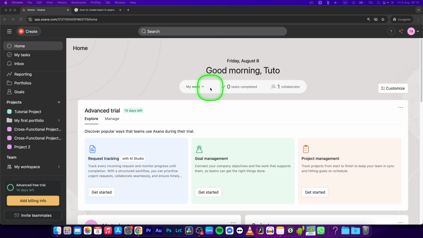Hey guys, my name is Elijah, and in this tutorial I will show you how to create a team in Asana. So if you are wondering why you cannot create a team right here where everyone says,